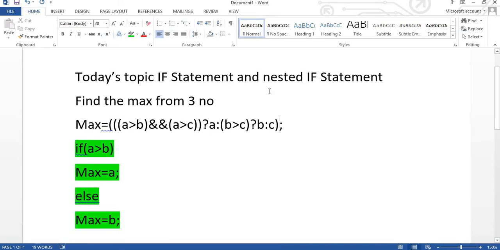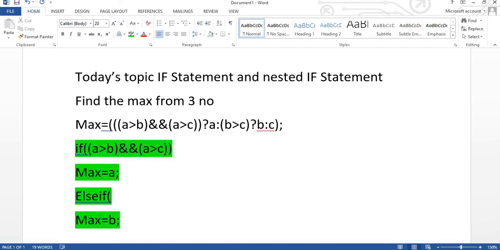So how do you write these things? Same code, we are writing the same code over here. a greater than b and a greater than c. When both conditions are satisfied, your maximum value is equal to a. Otherwise I'm checking another condition. But in the else portion you can write a condition. So that's why I need to write the else if